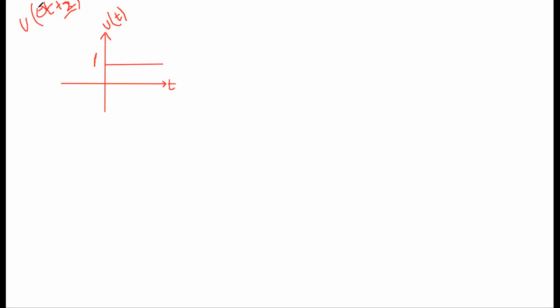So what is the operation we need to do first? There are two operations involved here, time shifting and time reversal. Time shifting, right? Means first we need to plot u of t plus 2, isn't it?